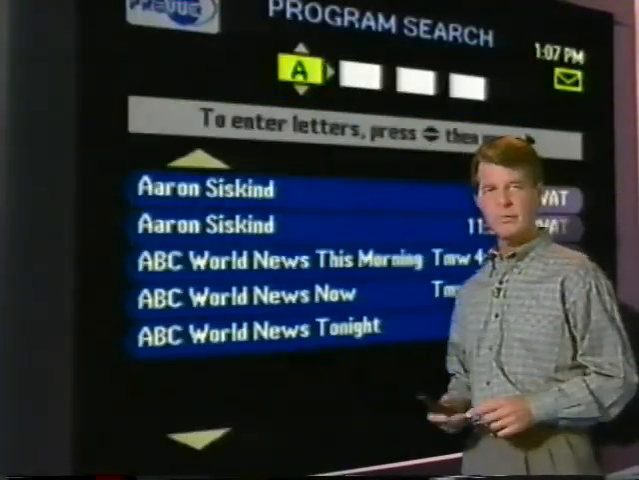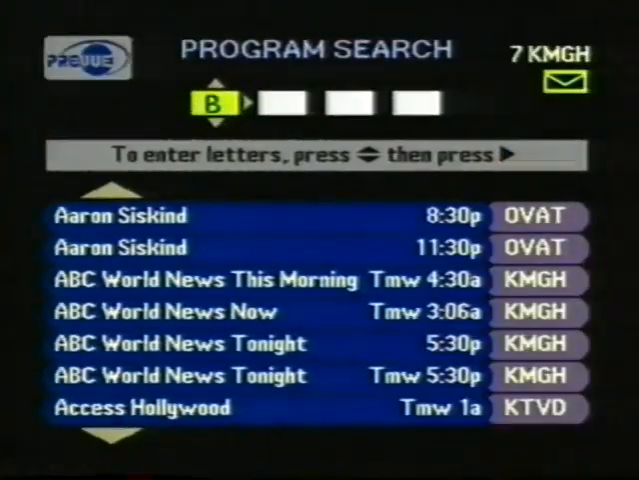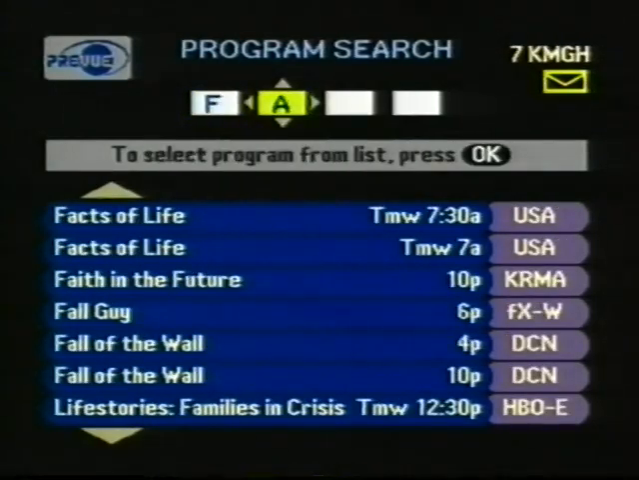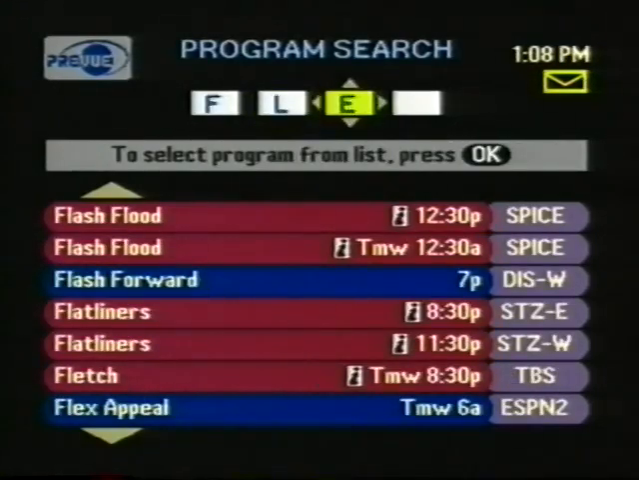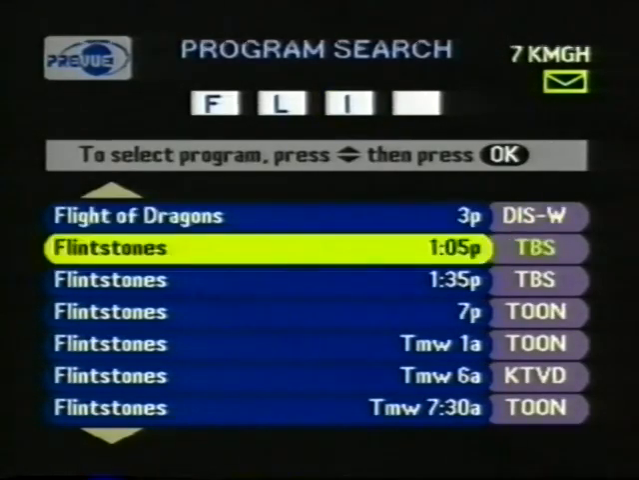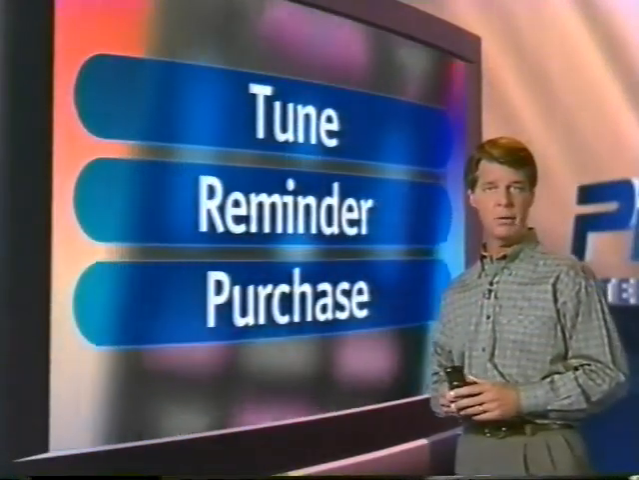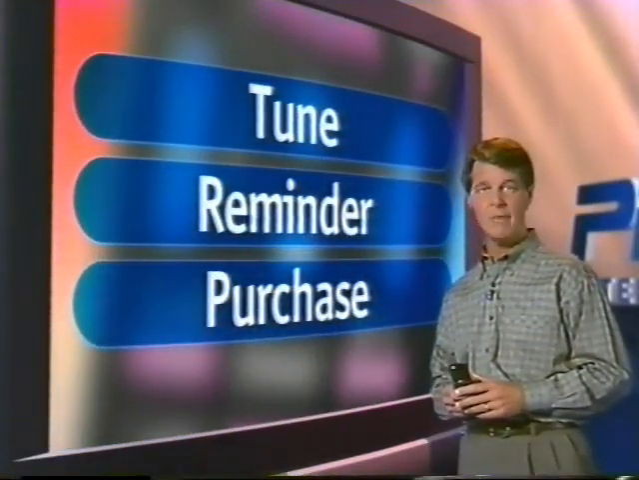Let's say I want to watch the Flintstones. I have no idea what time or what channel they're on. I would press the down arrow here to adjust to the letter F. Then I press the right arrow and my database is quickly updated to the Fs. So I'll enter the next letter, L. Then the letter I. Well, there they are. As soon as I see them, I press OK. I go down into the menu, and I've got the same 3 choices I have in any of my other